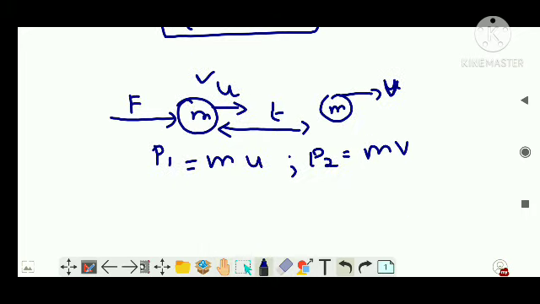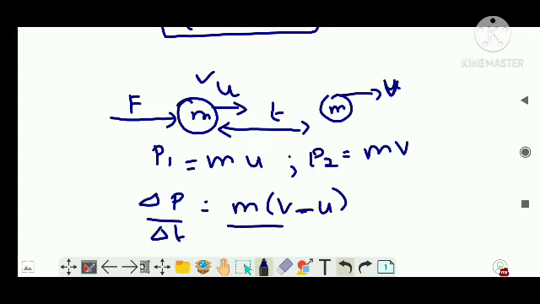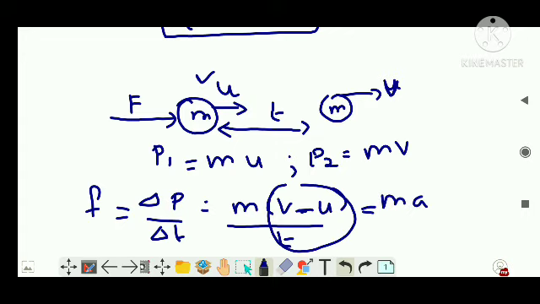So what is the change in momentum? P2 minus P1, that is m into v minus u, right? So delta p by delta t, where the change in time interval is t, will be in this form, and we just learned that this is equal to force. So force is equal to m into v minus u by t, and this v minus u by t can be written as a, hence it is ma. This is how you have learned the derivation in your 10th class, right? That is, see guys,